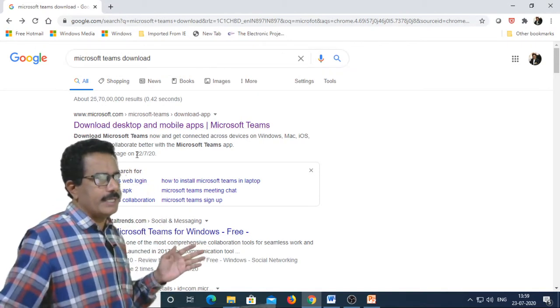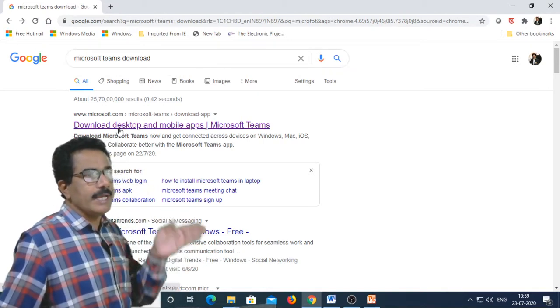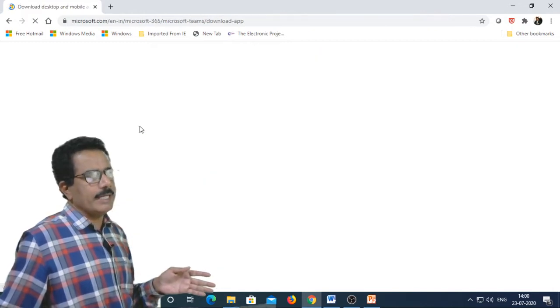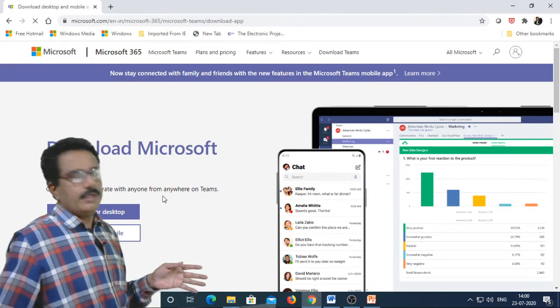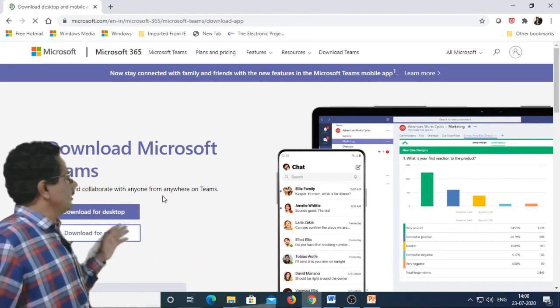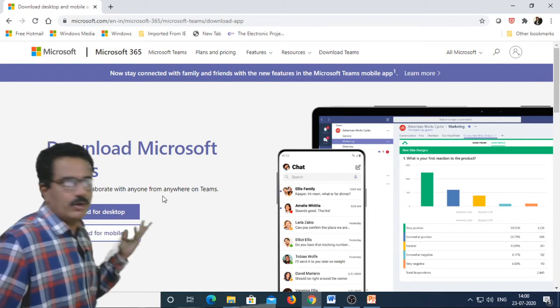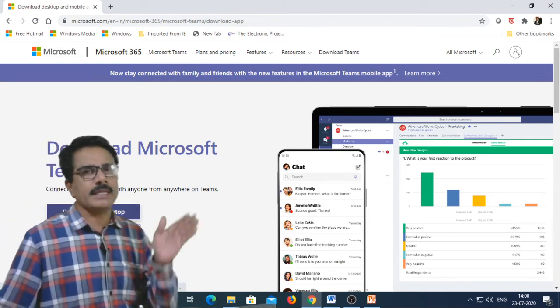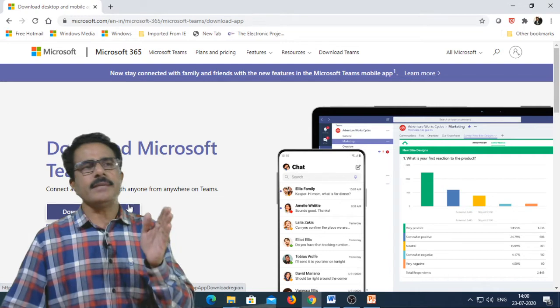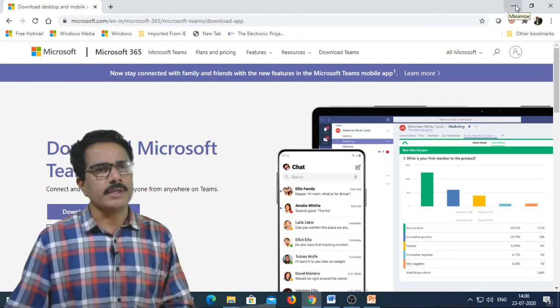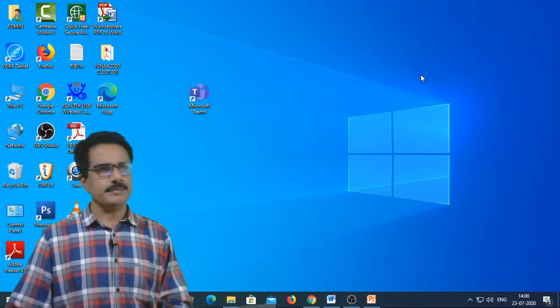Then there is a download for desktop and mobile option. By clicking you will get the download for desktop, download for PC. You double click here, then automatically Microsoft Teams will be downloaded on our PC.